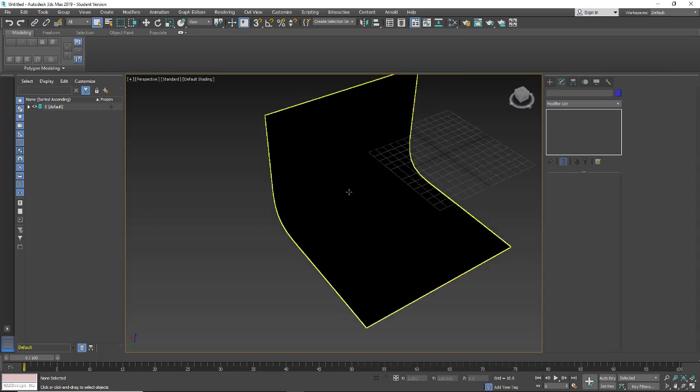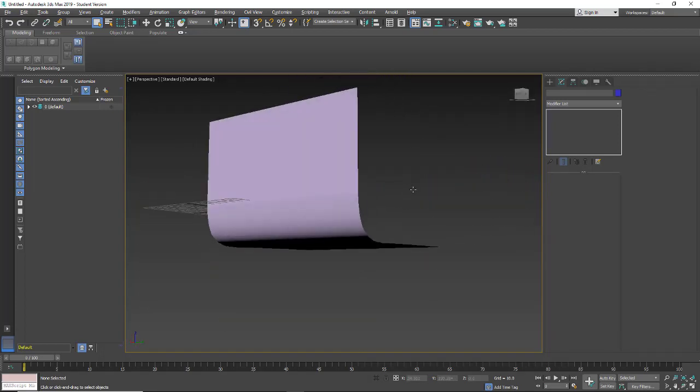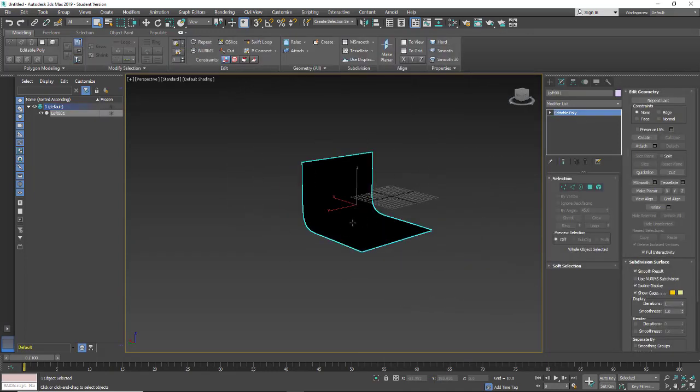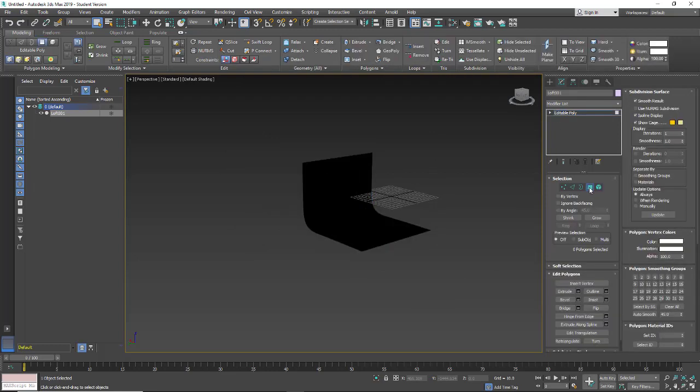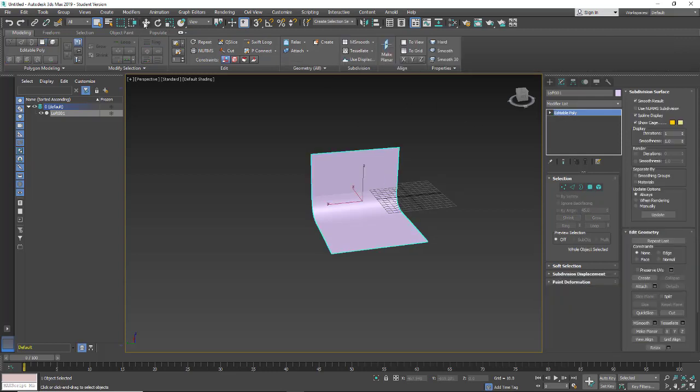And for the cyc, I want the visible side to be on the inside of this curve, and it is currently on the outside. So I'm going to select it and then go into polygon mode, and down here under edit polygons, we're going to click on flip, and that's going to flip our normal. So let's make sure we have it selected, flip, and now we have the polygons on the correct side. So I'm just going to move this into position,